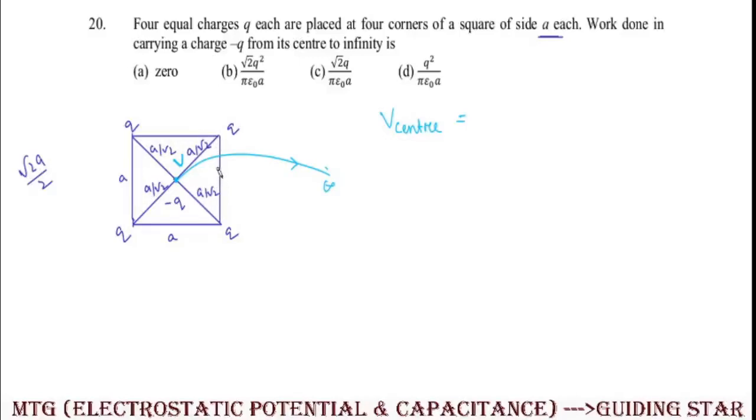All the charges are situated at a distance of a by √2 from the center, or the center is located at a distance of a by √2 from each individual charge. So that means potential at the center due to all four charges will be equal to 4 into potential